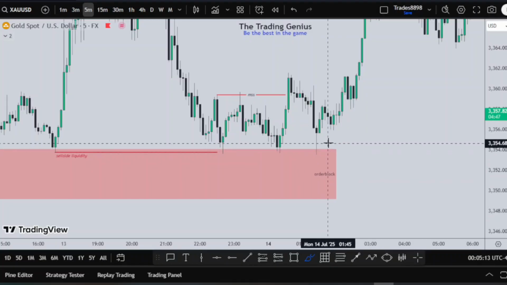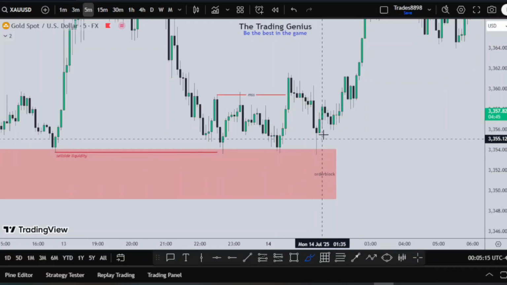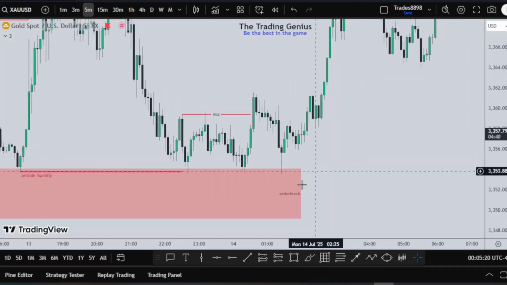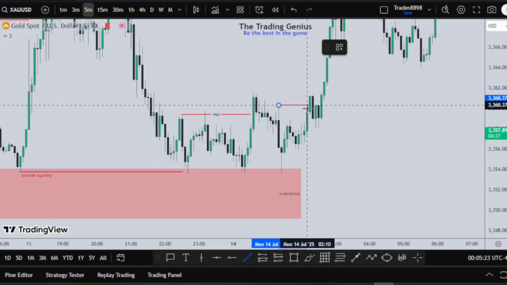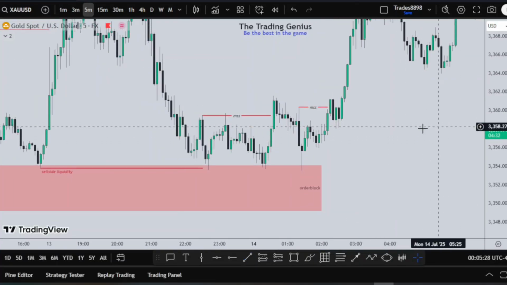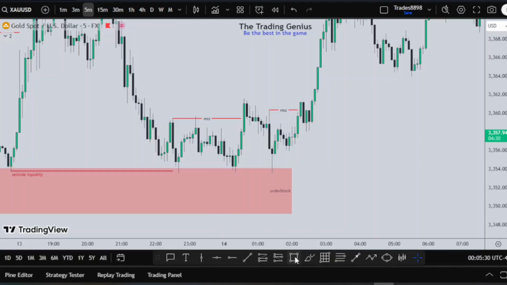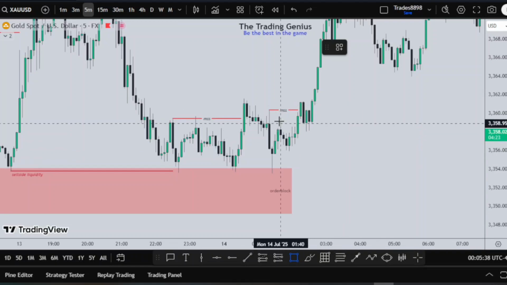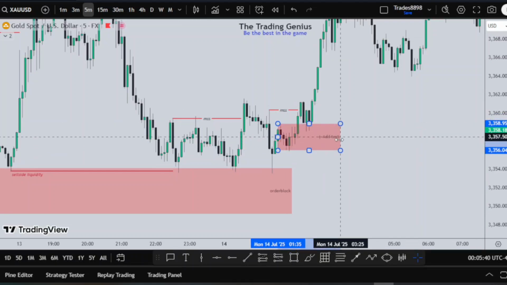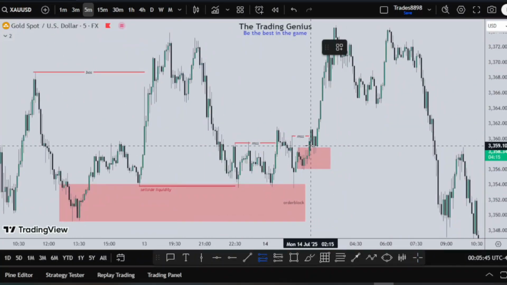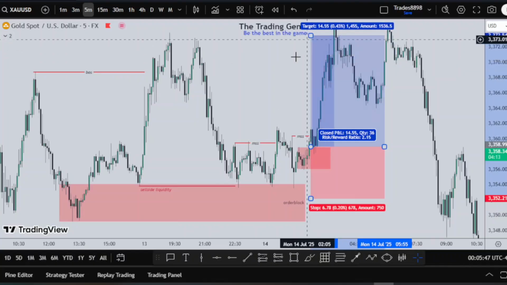Okay, so after this really nice wick rejection, as you can see, leaving a really small body, this is a strong bullish candle. And what we can see next is that we create another market structure shift to the upside. That is amazing, that is beautiful. And of course, we can also see that after that market structure shift, price falls back, or kind of returns, and pulls back into this fair value gap or this order block right here. Really nice. So of course, from this, we can enter at this candle and target the previous high,